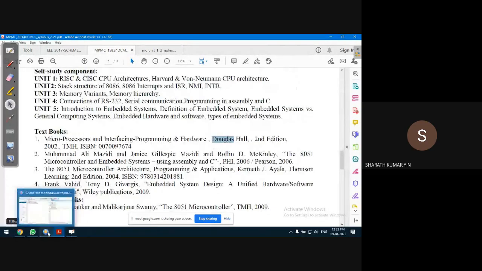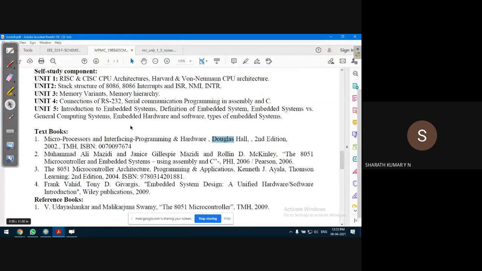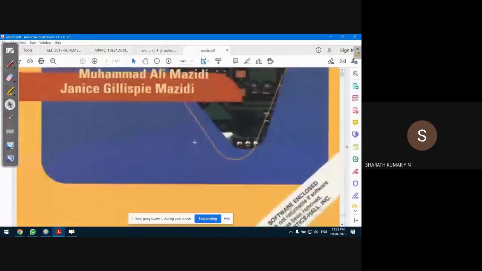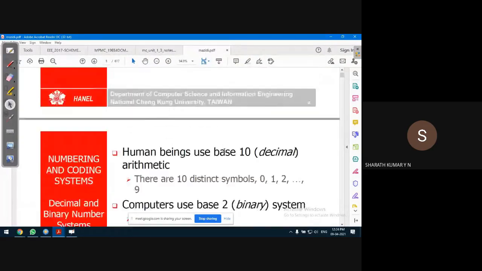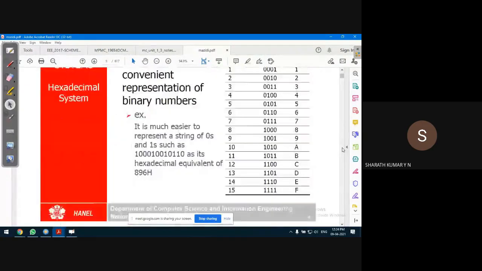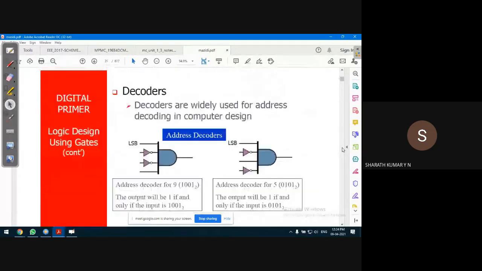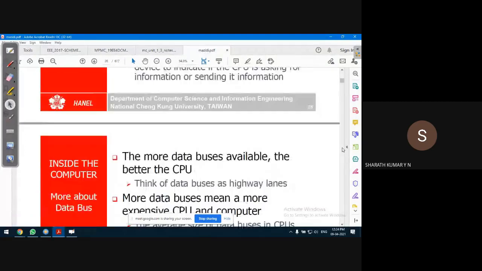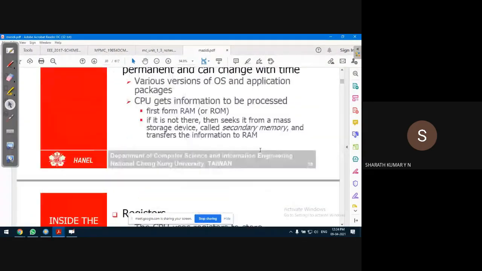I strongly suggest you read from the textbooks. Of course, maybe right now you don't have access to the textbook, I understand, but it is always better to study from the textbook. Yes, I will be referring to this material. This is very useful for our discussion. For most of the topics, I will be referring to this book. I'll be sharing this also. You can get it on Google actually. No issues, I'll share this with you guys.